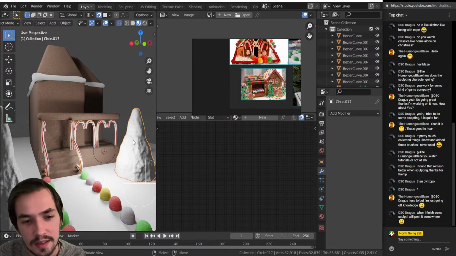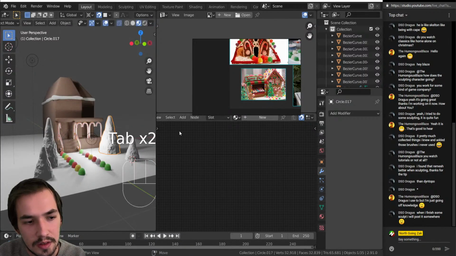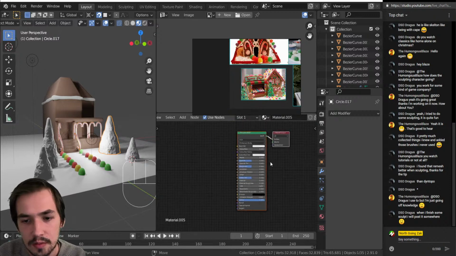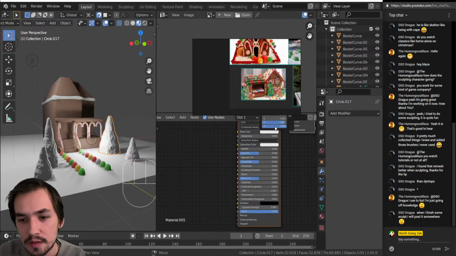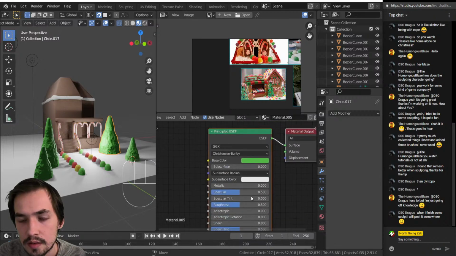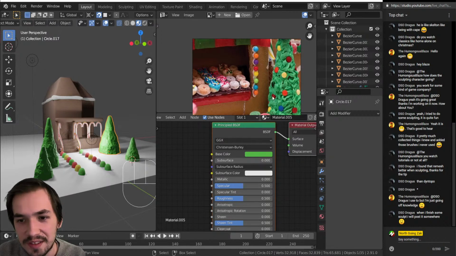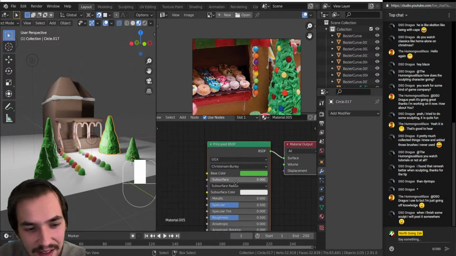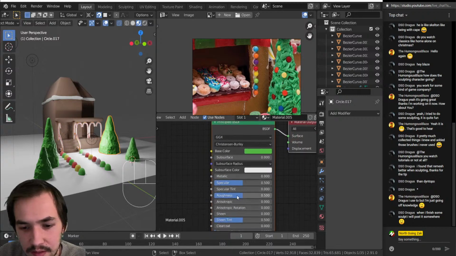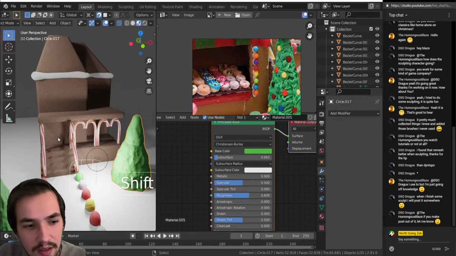So, and then let's give all these materials. I think they all share the same data. So let's just quickly, this should be a pretty simple material. It's just clay. So saturation, Roy G. Biv. So it's somewhere around there. And turn up the saturation, turn this down, and it's not perfect. They did a better job here. Yeah, if I zoom in, it's like, oh yeah. Turn up the roughness, a little bit of subsurface. Yeah, and then